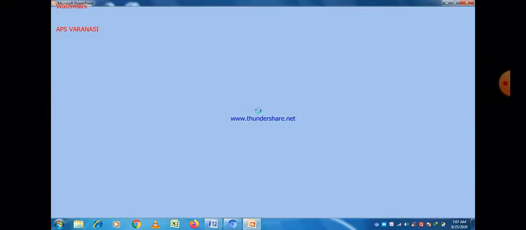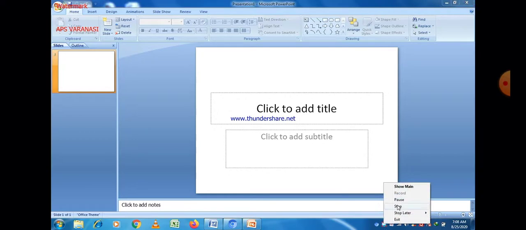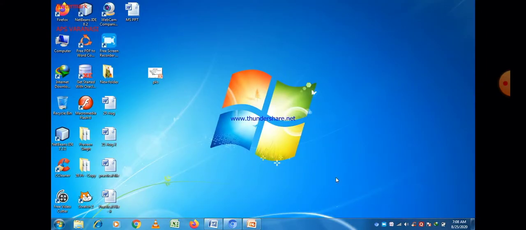There are some new features in Microsoft PowerPoint 2010, but most of the options are the same as those in Microsoft 2007.